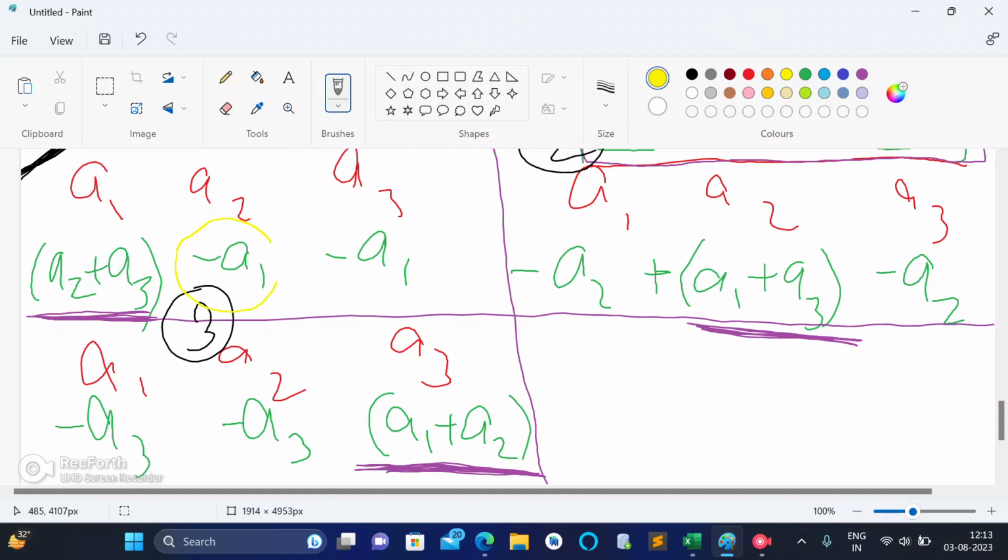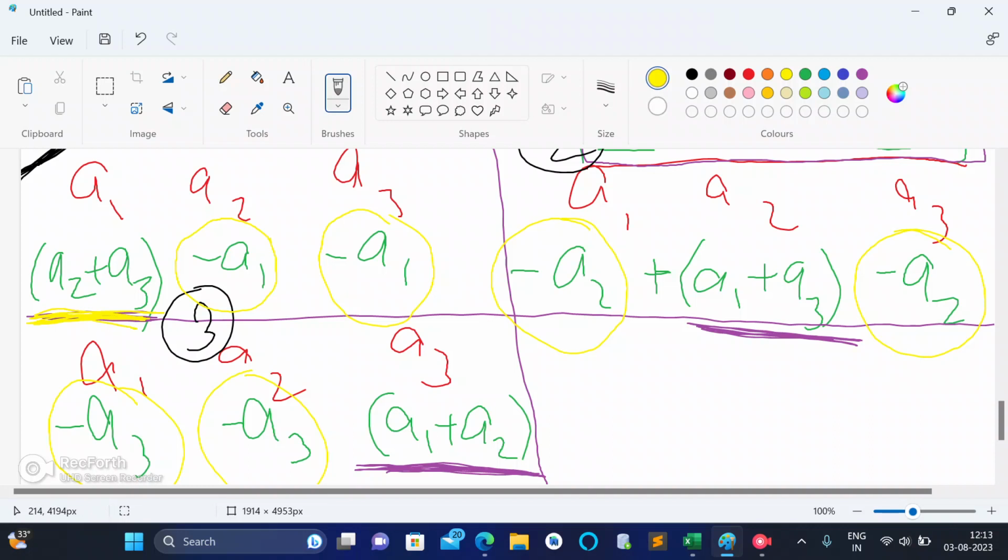So I am marking some of them with yellow. See it carefully. I can clearly say this can't be 0. As the ai are not 0, this can't be 0. This a3 is also not 0. These are the ones I have marked with yellow. We are definitely sure that these can't be 0. But we also want that the bi should not be 0.